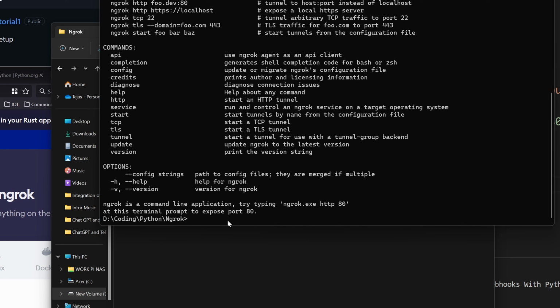to do is, once you sign up, you'll get that authentication token in that page, and you just need to do ngrok config add-authtoken, and then the authentication token that you have received, something like this. Once you do that, it will add that token to this local ngrok that you have downloaded, and then all you need to do is